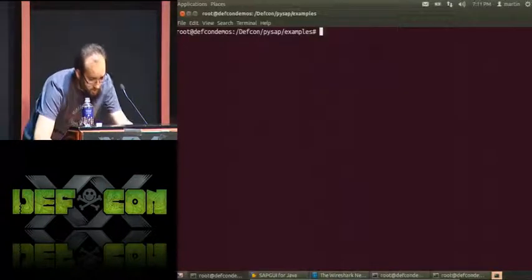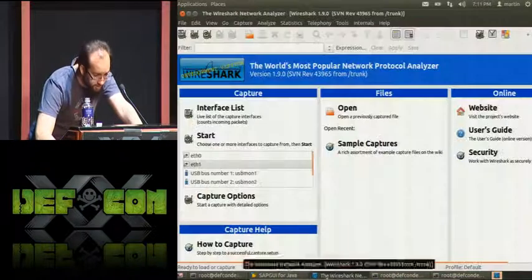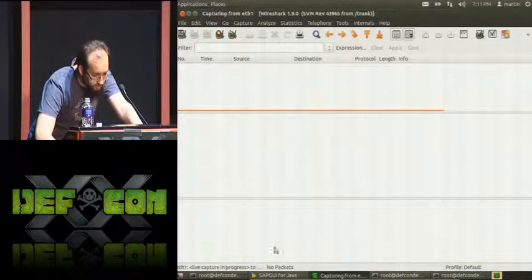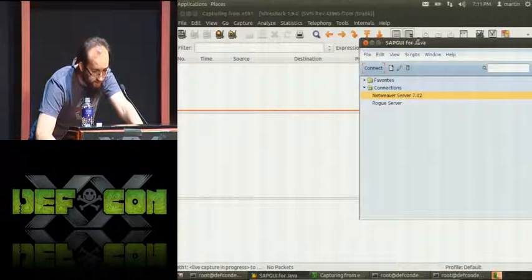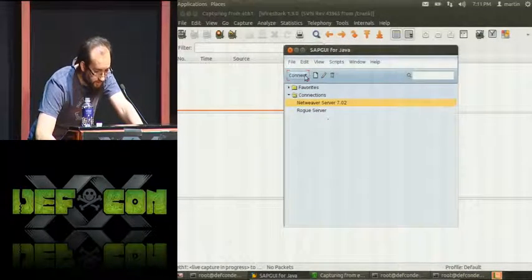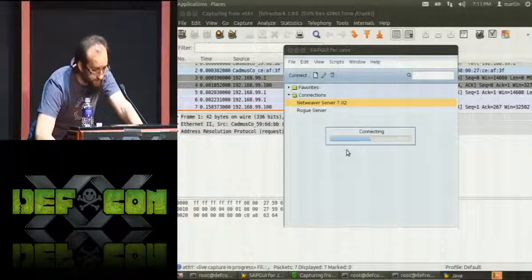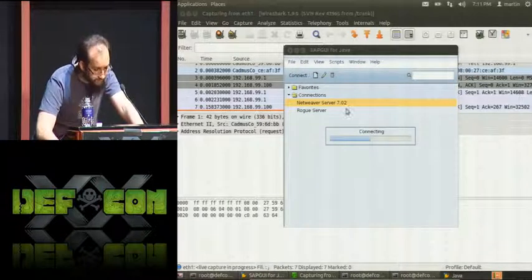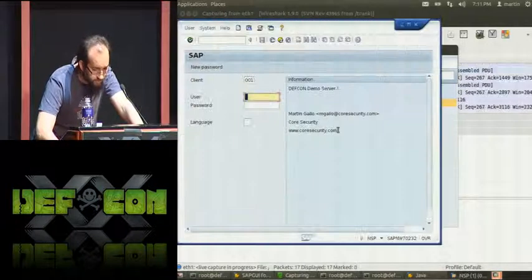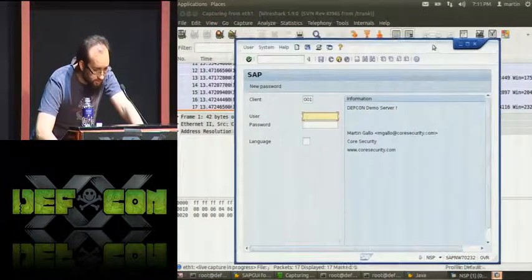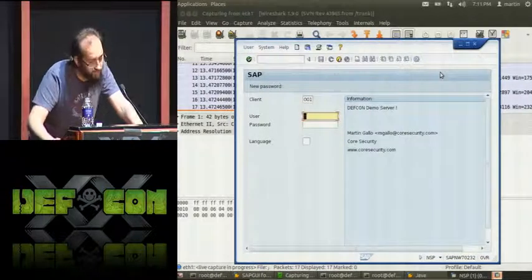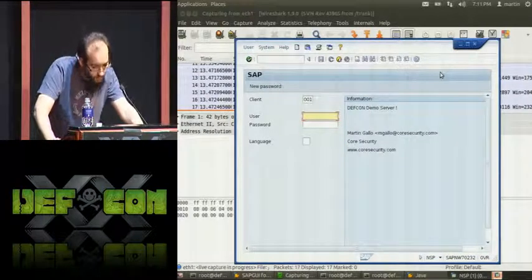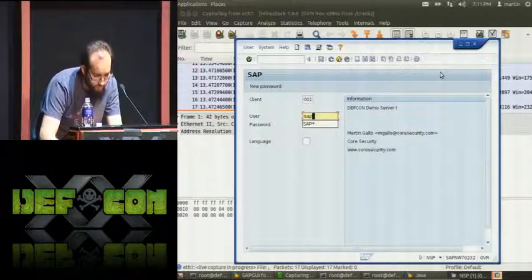So I will start Wireshark, and using the SAP GUI for Java, make a connection to the application server. This is the standard SAP GUI desktop application. So I will make a login,